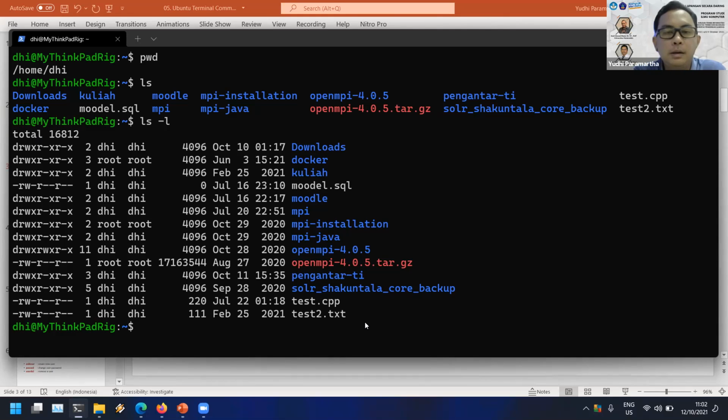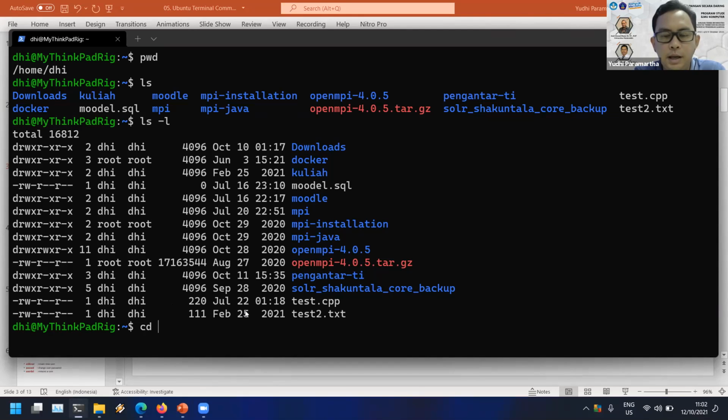So the next command is called cd, or change directory. Now we are working in the home DHI directory, and when we want to go to another directory, we could use the cd command to go to the next directory. For example, I want to go to the downloads directory.